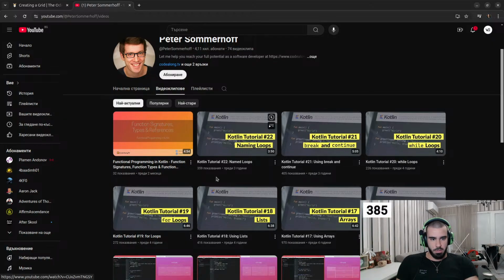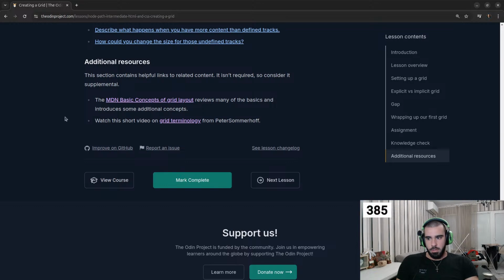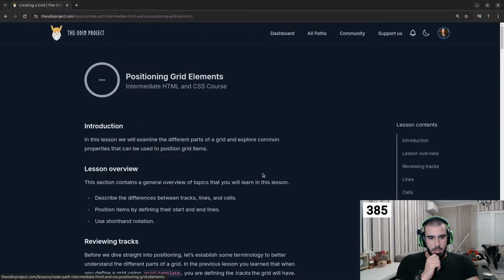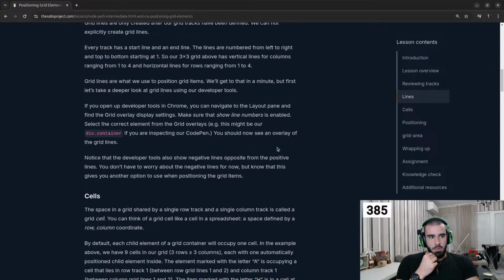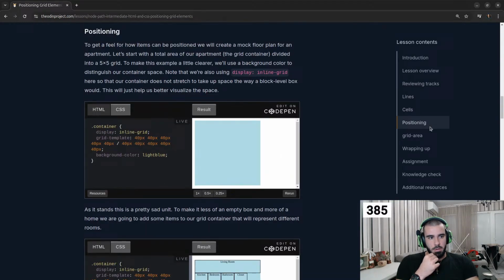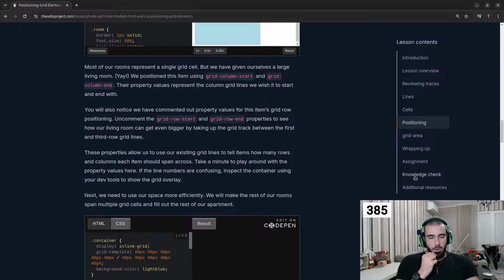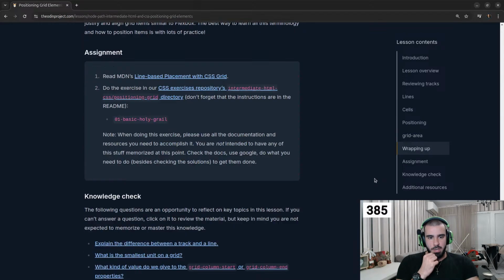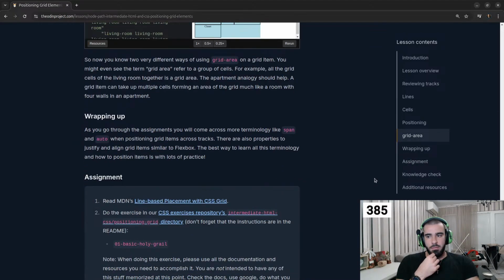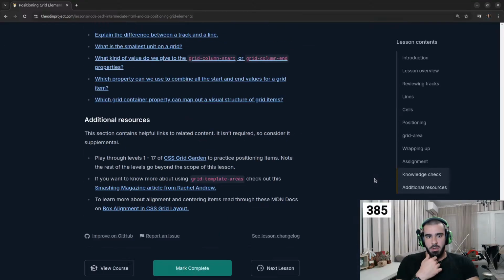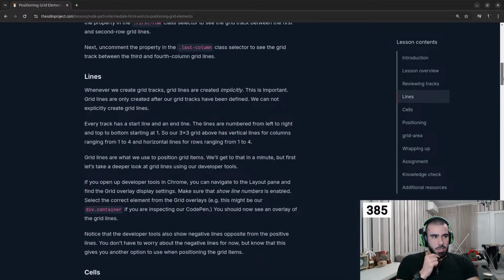Functional program. So this guy still makes videos 2 months ago. Alright, perfect. So this was the last resource here. Video on grid terminology, so we can mark this complete. Let's see what the next section is. Positioning grid items. Alright, so as you can see we have overlapping stuff from what we just read, and from the MDN article already I know a little bit about positioning grid items, but